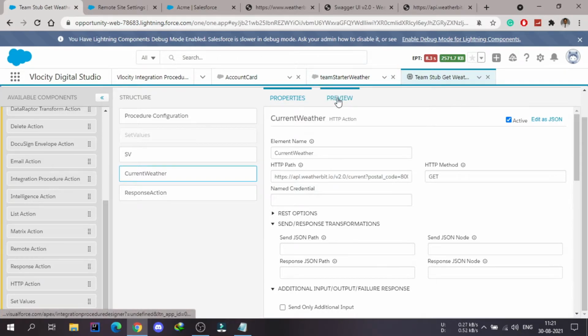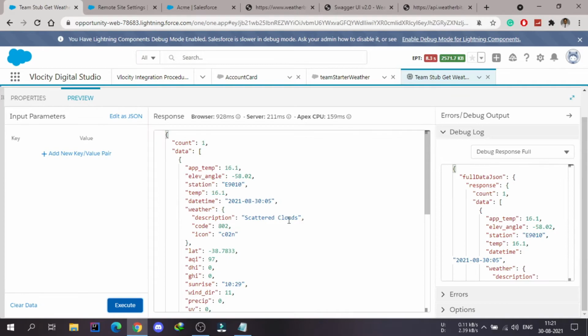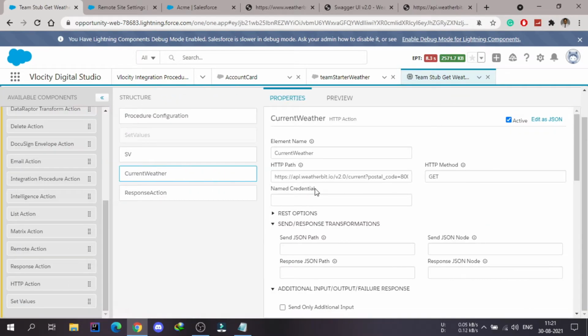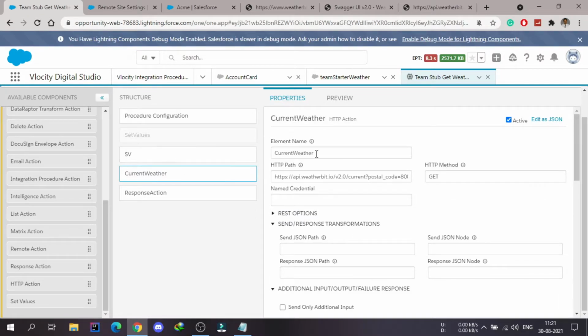So let's check whether it is working or not. Again I will execute it, and you can see that we are using the same thing using the set values, and we are dynamically providing this URL. So whatever change we have to make inside this key, we can directly change it here, and it will be automatically provided here with the updated value.